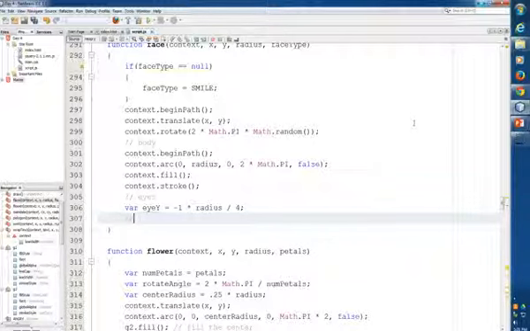I guess we don't need this because I have a nice variable name here. So var iX left equals. So this is the x value for the left eye. It seems like it should be iLeftX, but I didn't do that, so I'm just going to leave the code the way it is. And this is -3 times the radius